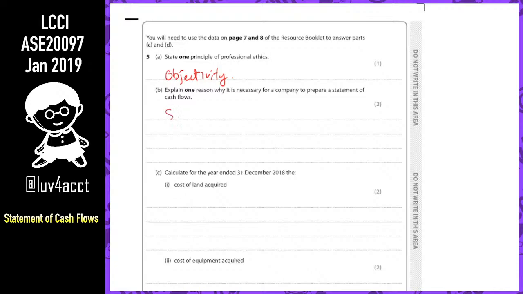To show the shareholders, or other financial statement users, the balance or the change in cash and cash equivalent